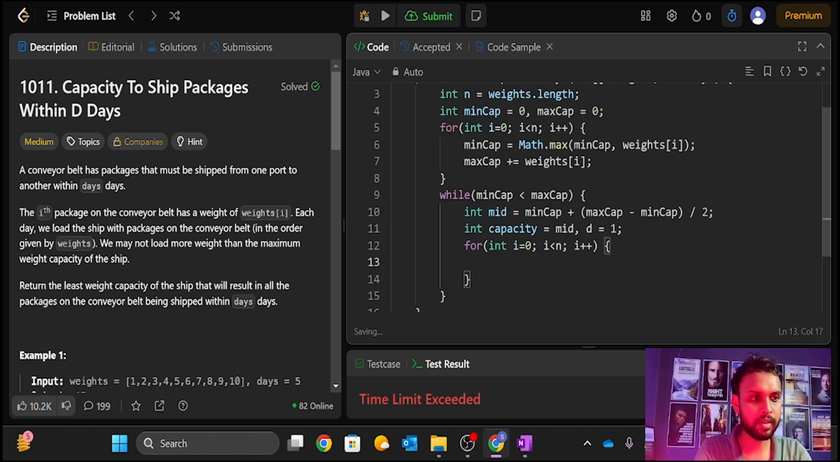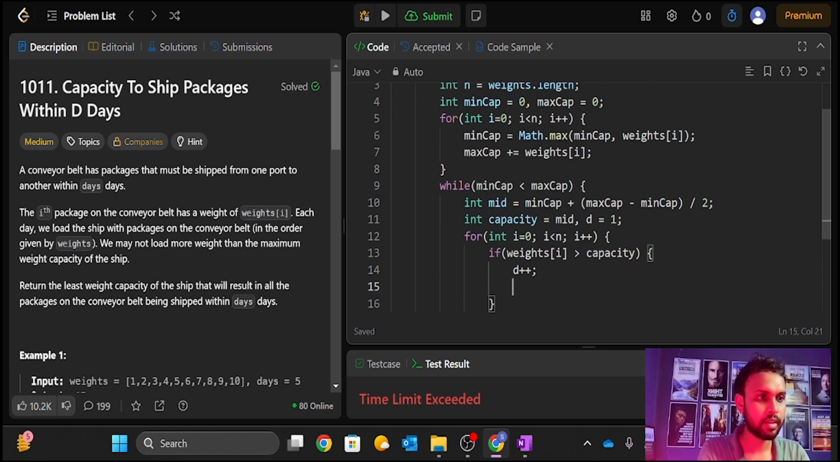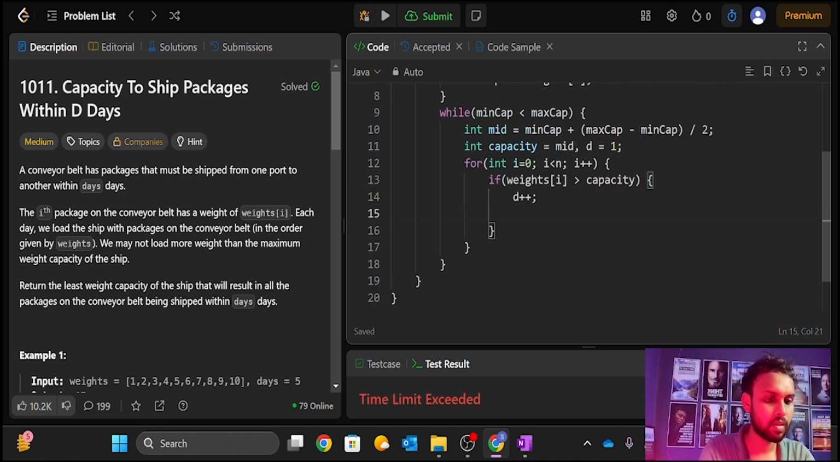Now what I will do is I will first check, it will be an if, this is a conditional statement, if the weights of i is greater than capacity, then what I should do is I should increment my day d, and I should assign capacity to